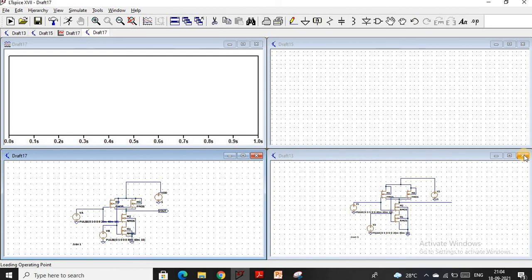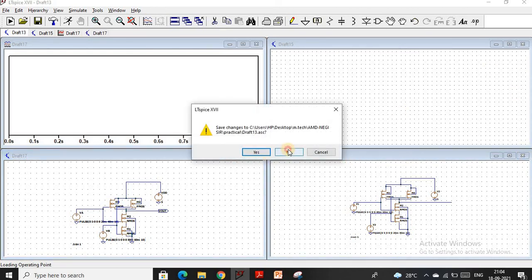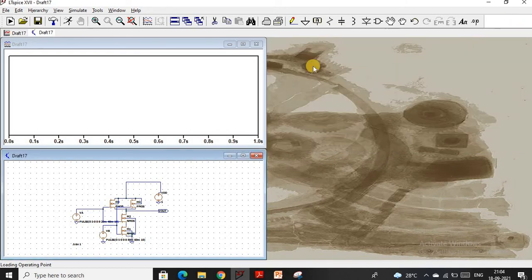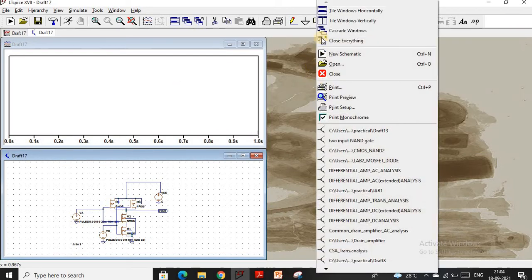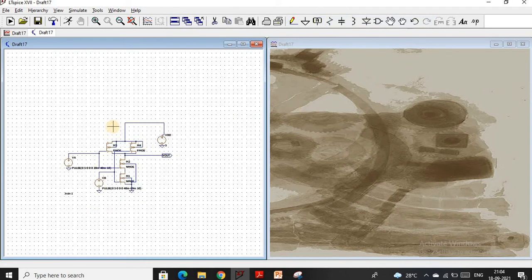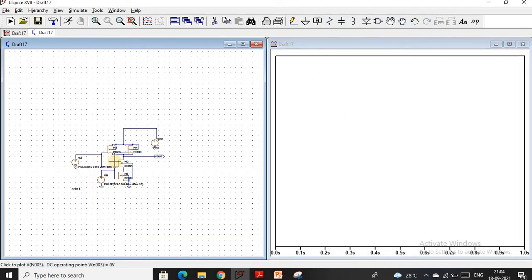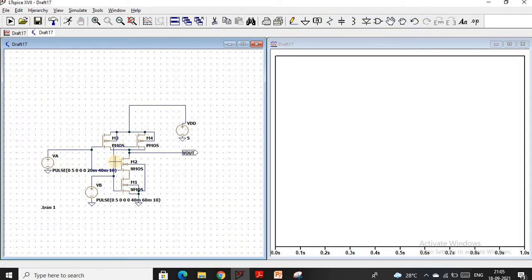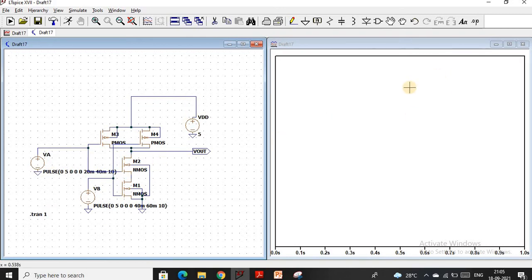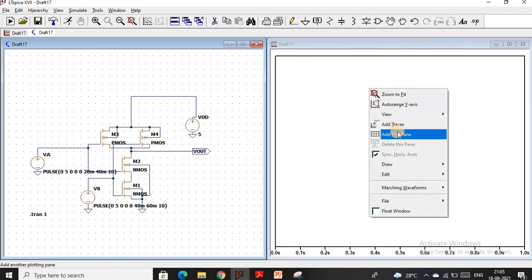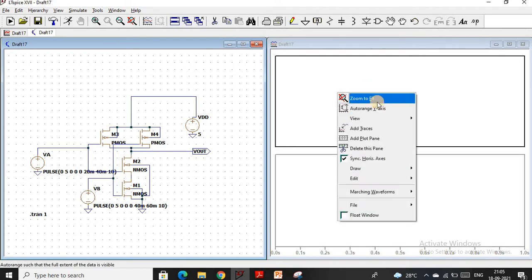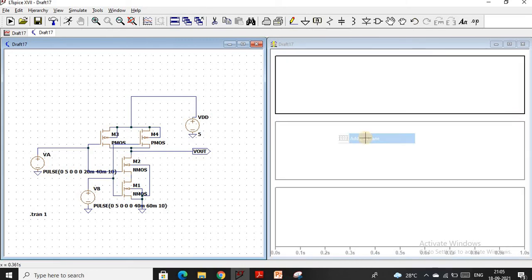Now, to analyze the output in a good way, firstly add the plot, so you can clearly see and analyze the output behavior.